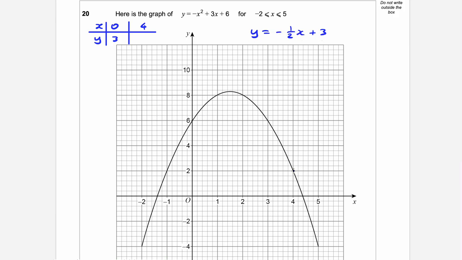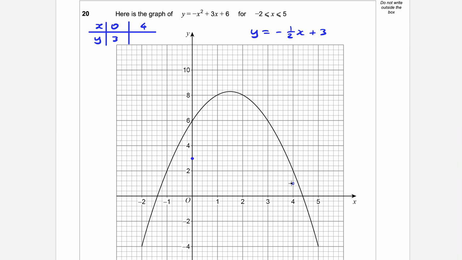So it's here. Oh no, sorry, it's 1. 4 and 1, which is like there. Okay, so 0, 3 is here,